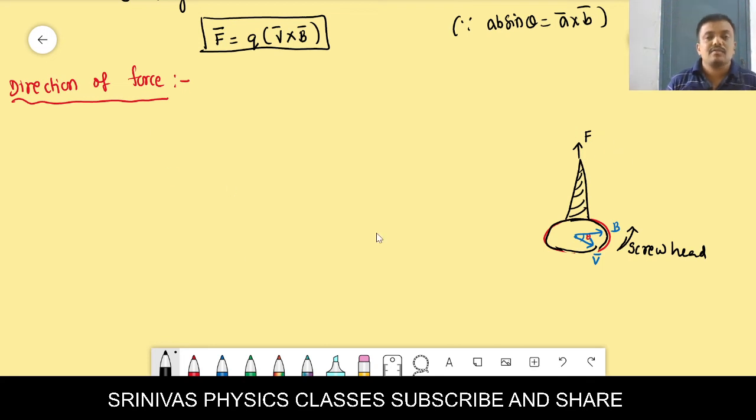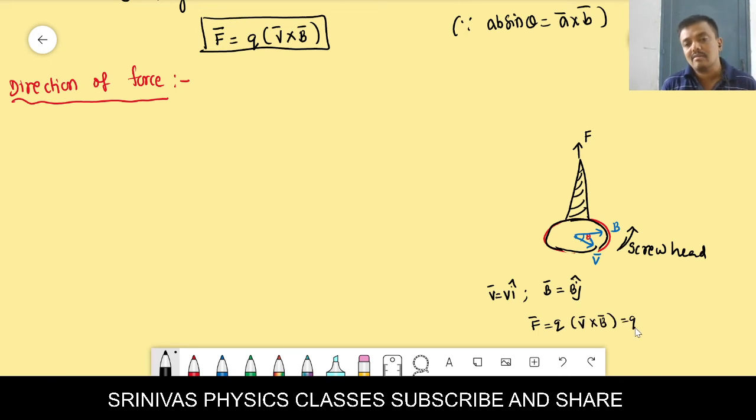And here we say that, for example, the velocity is along the x-axis. If velocity is along the x-axis, we write V bar is equal to V i cap, and if the magnetic field is along the y-axis, we take B j cap. What about the direction of the force? You see here in vector form, Q into V bar cross B bar. Velocity is along the x-axis and magnetic field along the y-axis. I indicates the x-axis, J indicates the y-axis. Here we write QVB into i cap cross j cap. What is i cap cross j cap? Anybody knows? Yes?